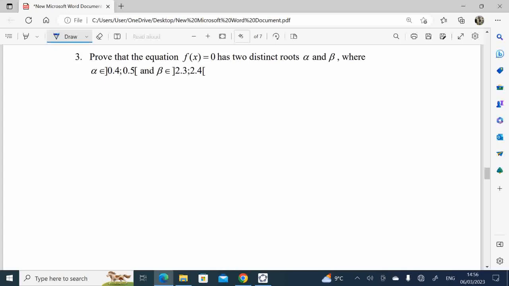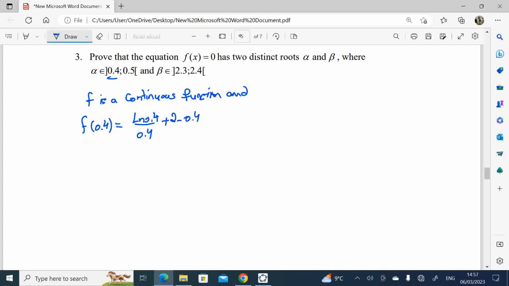The intermediate value theorem says that first, f is a continuous function, and we have f of 0.4 equal to ln 0.4 over 0.4 plus 2 minus 0.4, which, if I calculate this using a calculator, ln 0.4 divided by 0.4 plus 2 minus 0.4 equals minus 0.69,